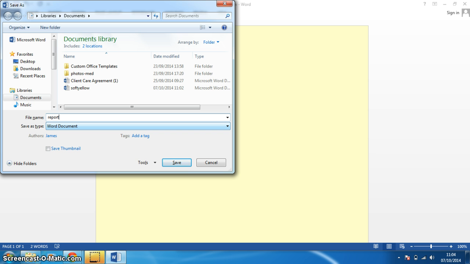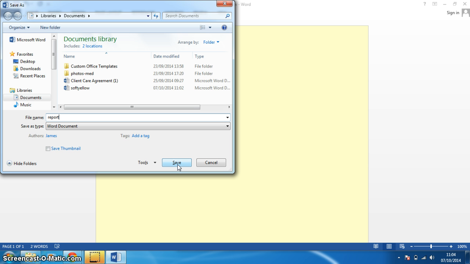I could just call this new version report. That's really important, because if you open up your original document, mine's called soft yellow, and then you change it by writing a report or putting something in there, and you save it as the same file name, again for me that's soft yellow, then